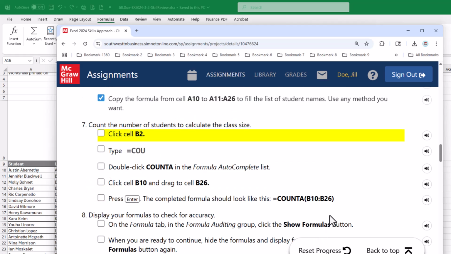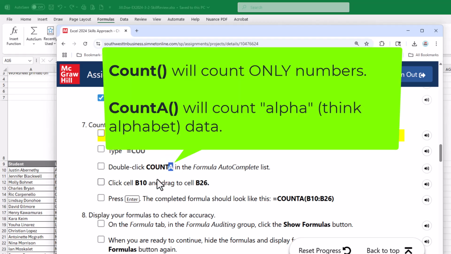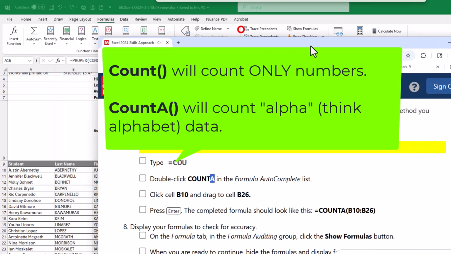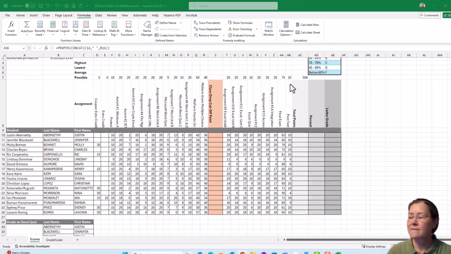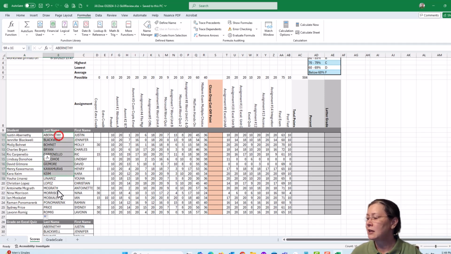On to step 7. For step 7, we're going to go to cell B2 and we're going to count. Look at this. We're going to count the number of students to calculate the class size. Now, counting is very interesting. So we're going to build this formula, and notice that we're using the function COUNTA, and we're going to count from B10 through B26. But let's look at this. What are we going to count? We're going to count B10 through